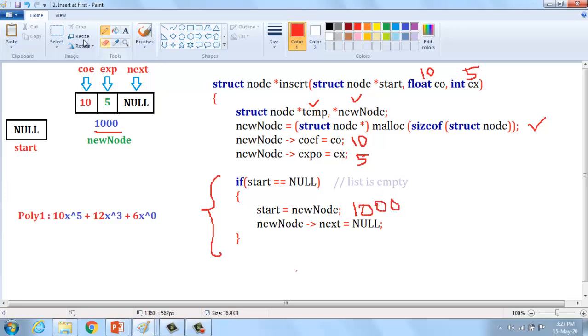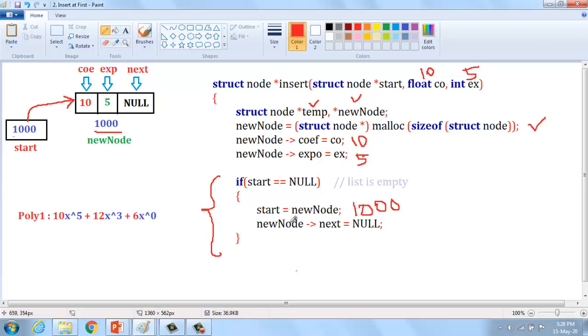Automatically, start should be changed into 1000, and here a link is connected from the starting field pointer to the first node in the list.